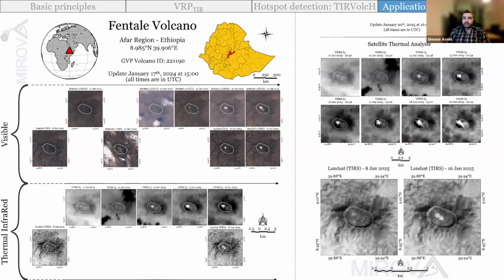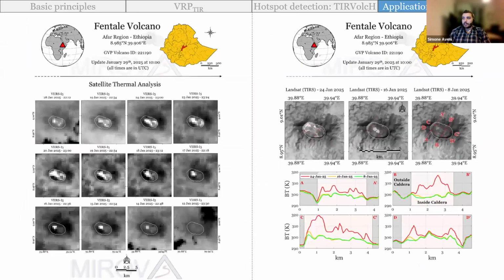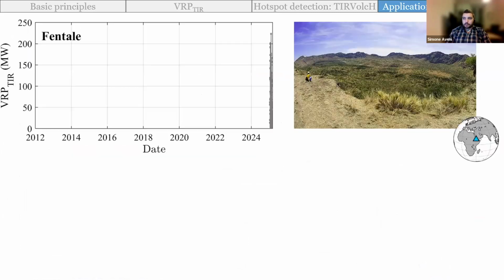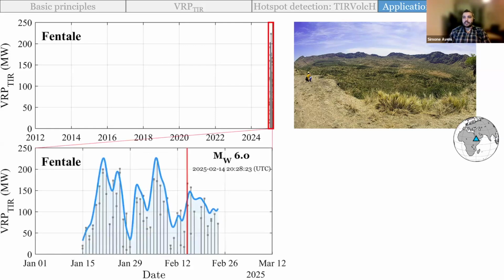So a few days after, we started issuing some informative panels for competent bodies and stakeholders just to keep them informed about the situation. And we kept giving them information. We started to get some thermal infrared, higher resolution imagery, start drawing some profiles across the craters, and just start to see what was going on and how the anomaly was evolving. But all of this was possible because we started to detect these thermal anomalies here. You can see them at the very right hand of this plot. So we got nothing for 10 years, just nothing. And then all of a sudden, we started to get this thermal anomaly.